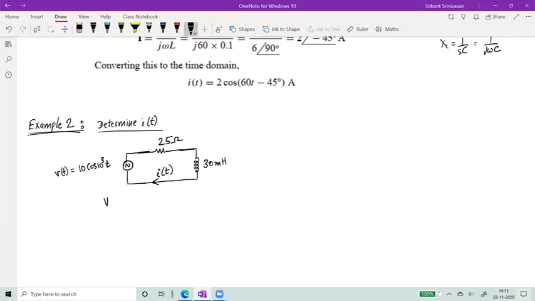the transform voltage is given by 10 angle 0, right? Because it's just cos omega t. What is the frequency? Omega is given by 10 to the power 3, okay? Radians per second. Remember that omega is equal to 2 pi f. F is the frequency in hertz. Omega is in radians per second because it's 2 pi radians into the frequency. Just note.